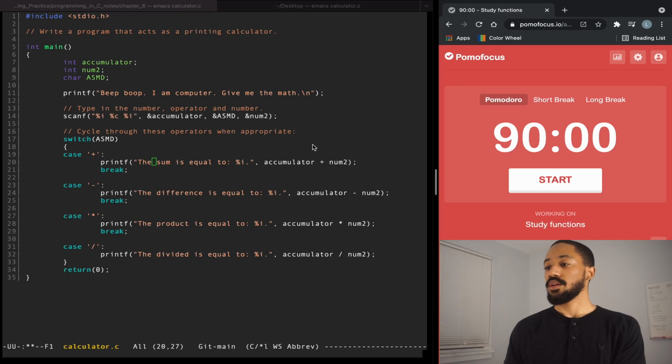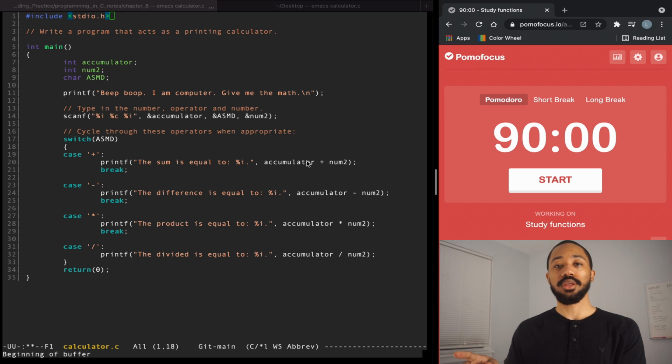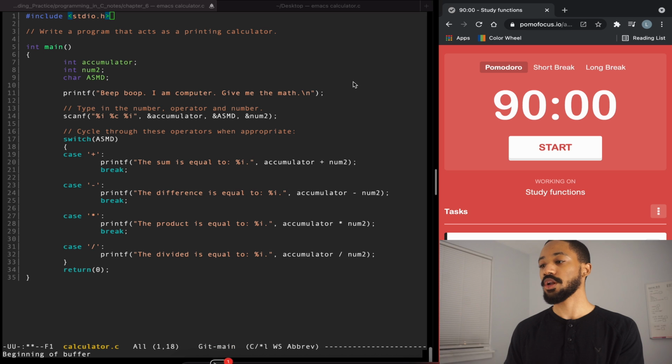Alright, so I've got the calculator program here. I've already done it before, but we're going to take a quick look at this and then we're going to do it again. I've got it up on GitHub and I believe I have it in my Notion link as well in chapter 6. It dives into case statements and if statements, but we'll get into that in a second. So to start everything off here,